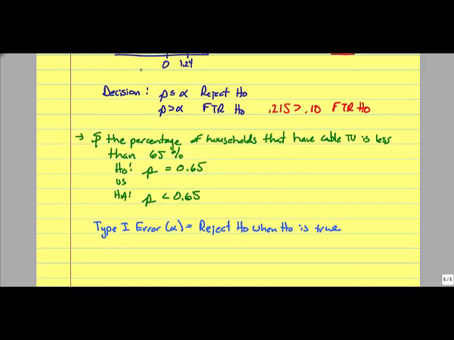So if we were to reject H0, what we're saying here is we have support that the actual proportion is less than 65%. So when we talk about failing to reject or rejecting the null hypothesis, we'd start with the word reject. So we'd say we reject the null hypothesis